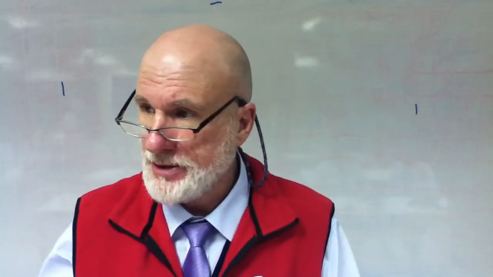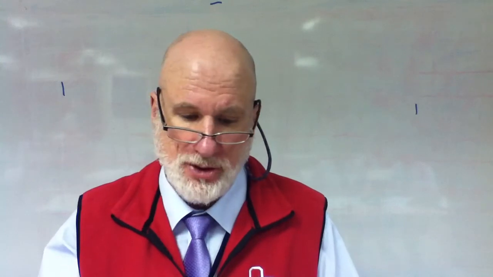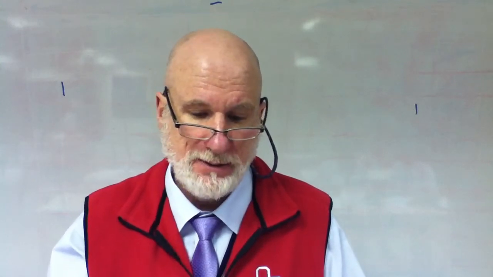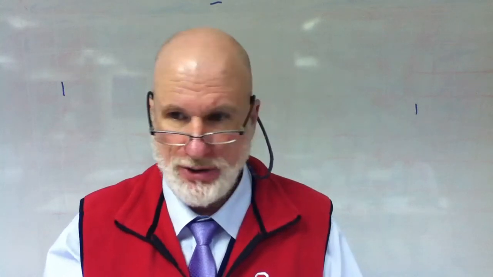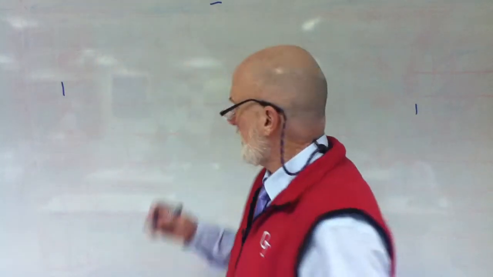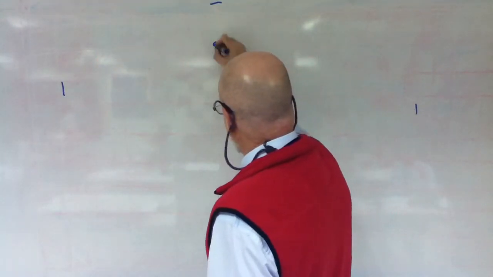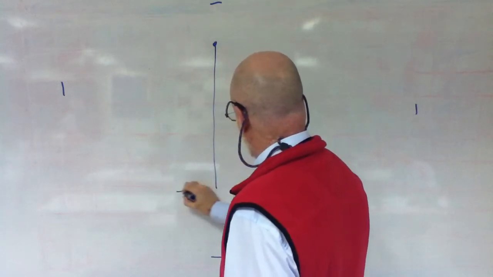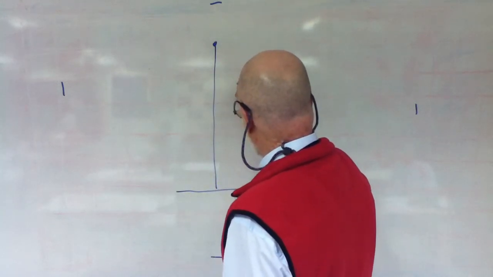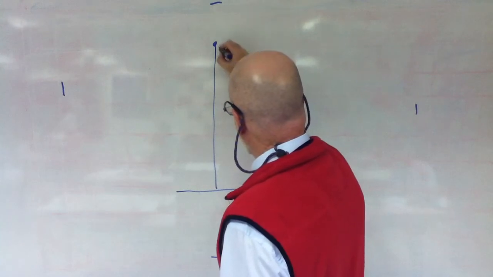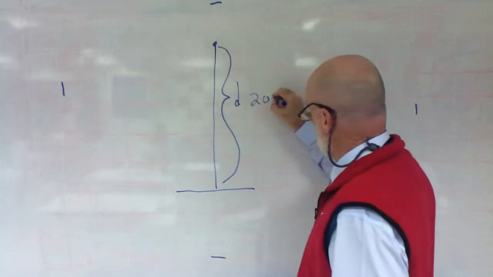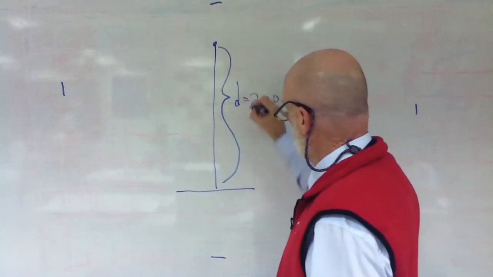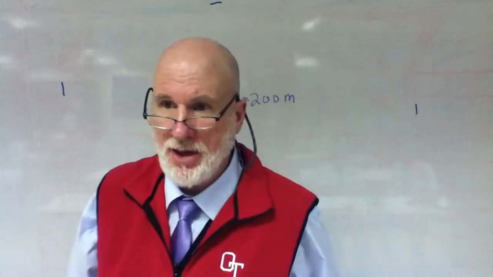The first one says a rock is dropped from rest from a height of 200 meters. Okay, it's dropped from rest down 200 meters. So the distance is going to be 200 meters. Right? Now that is going to be